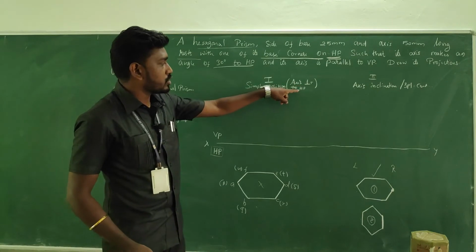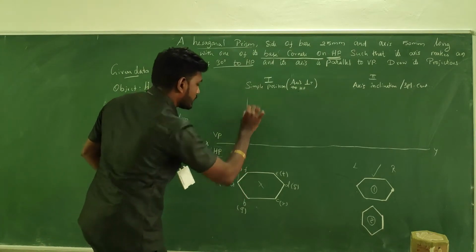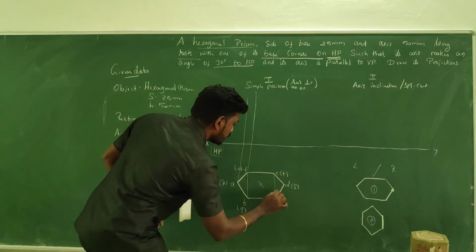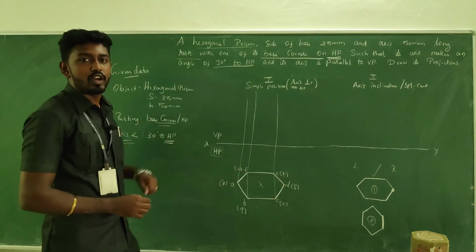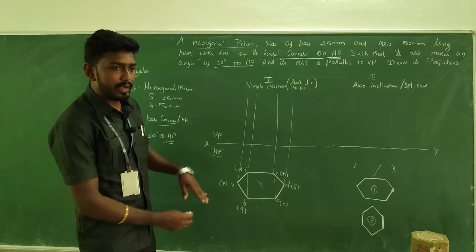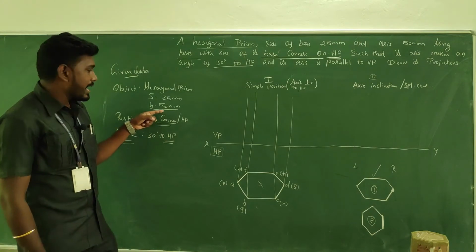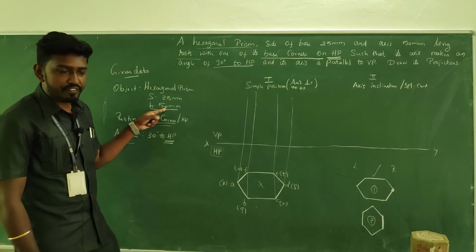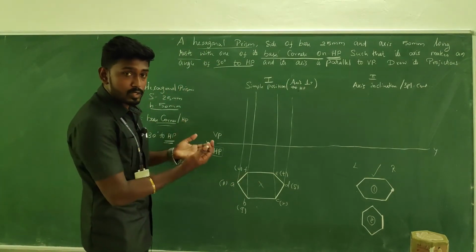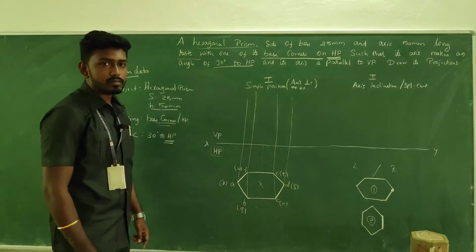So the axis is perpendicular to HP, and we have taken the top view. Now go for the next view, that is the front view. For that you need to take the projectors from each and every corner of the base. You will get the trace something like this. Extend it up to the maximum. Now see, what about the axis height? It is given as 50 mm. So this is the center for the polygon, or the center for the solid object. From the center as well, take the line.